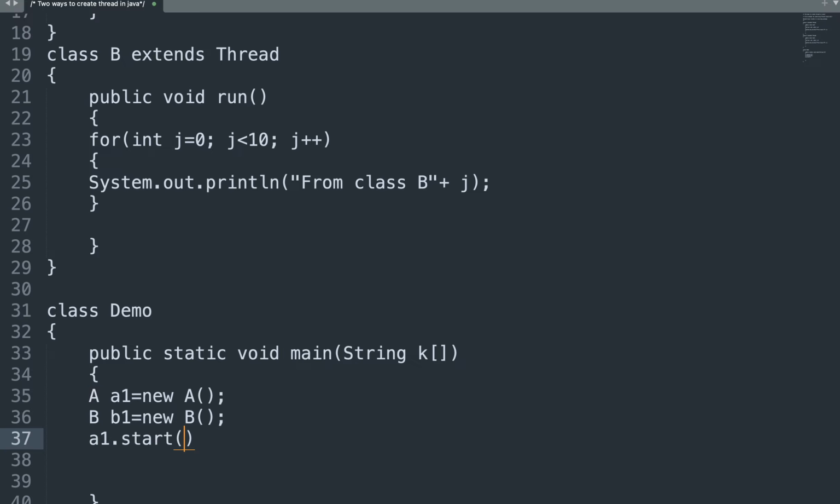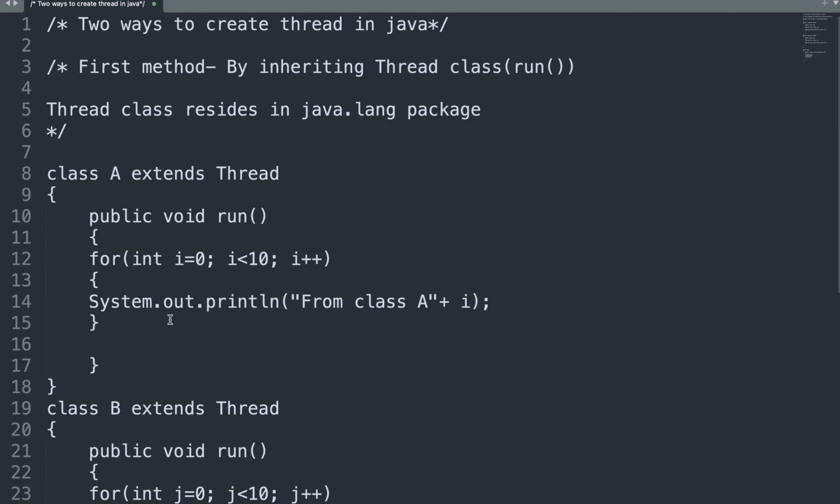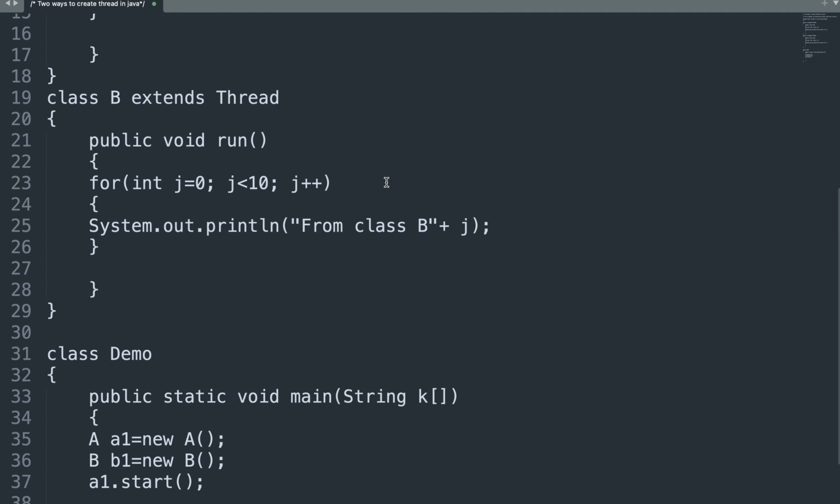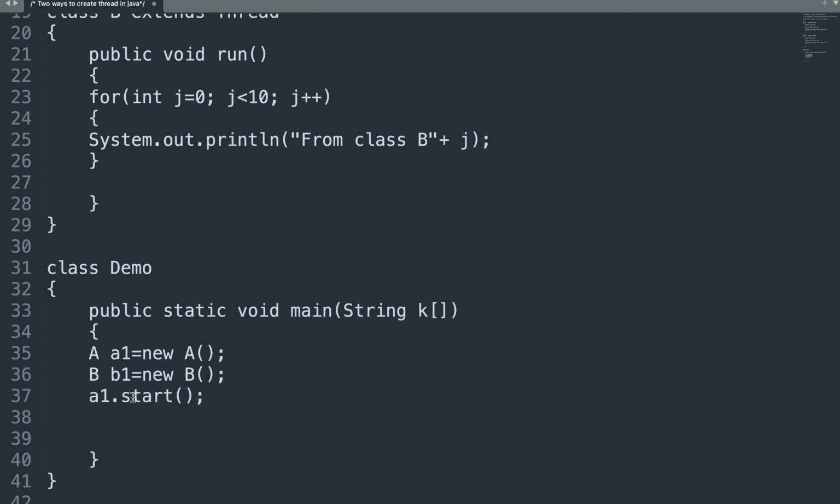The start method is going to assign a1 to the runnable state, that is my waiting queue, and the start method again resides in the Thread class. So from the Thread class we have used two methods in this program: the run method to create the body of the thread and the start method to put our thread in the runnable state. Now a1.start and b1.start, and we are done with our program.